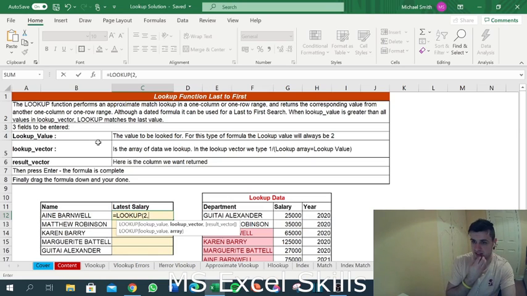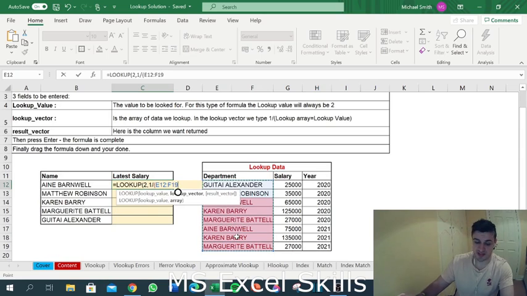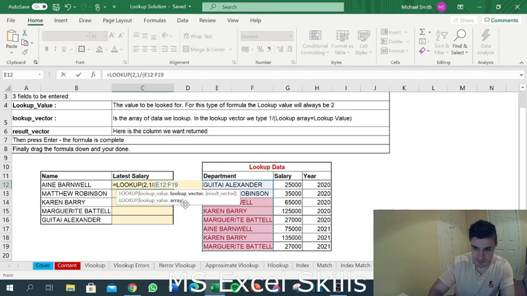Our lookup vector in this instance equals 1 divided by the lookup array equal to lookup value. So what that looks like, 1 divided by, then you open up a bracket. And here you're selecting all of the lookup arrays, which is the names here. We're going to be dragging this down later, so we have to lock it by pressing F4. Get the dollar symbols. And here we're saying equals the lookup value. And the lookup value in this sense is the data in B12, which is Anya Barnwell. Then we have to close that bracket, and that completes the second parameter, which